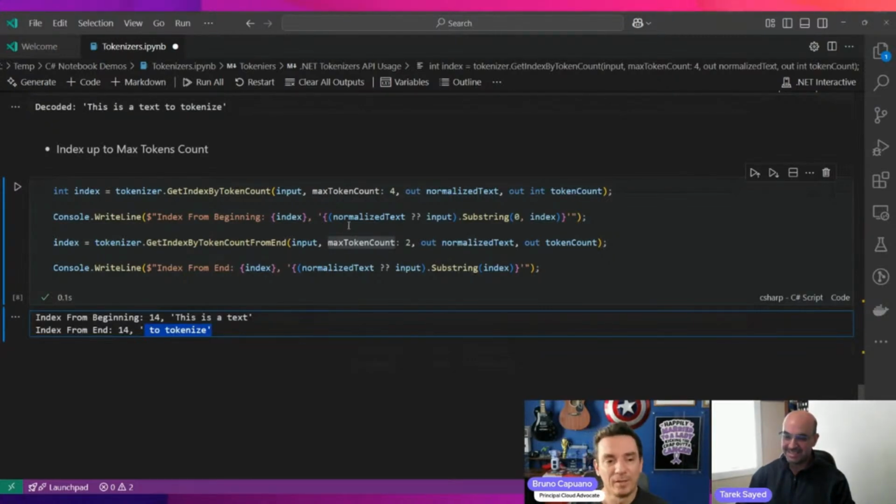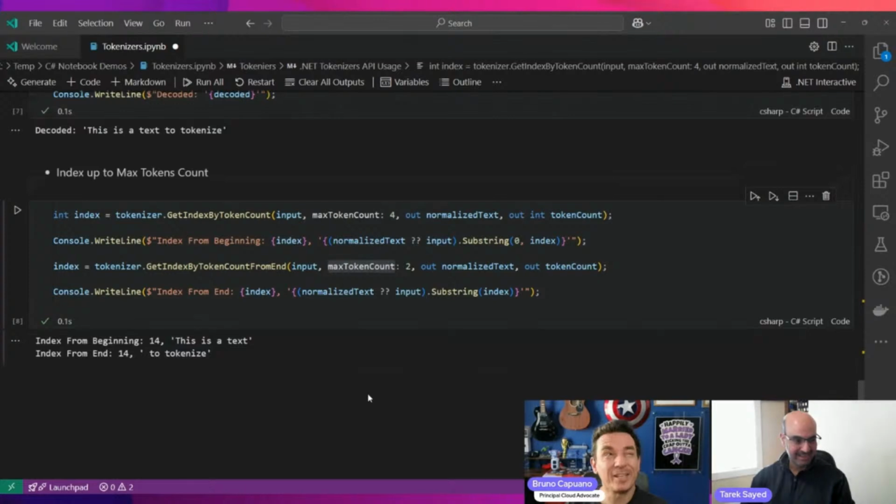Oh, that's cool. I can't think of a scenario for using the end, but I'm sure there is some use case somewhere where you need to start from the end. Actually, I know some partners who are using this API today, which is why we were interested in supporting it, because we found some scenarios where people actually need it. Hey, that's cool.